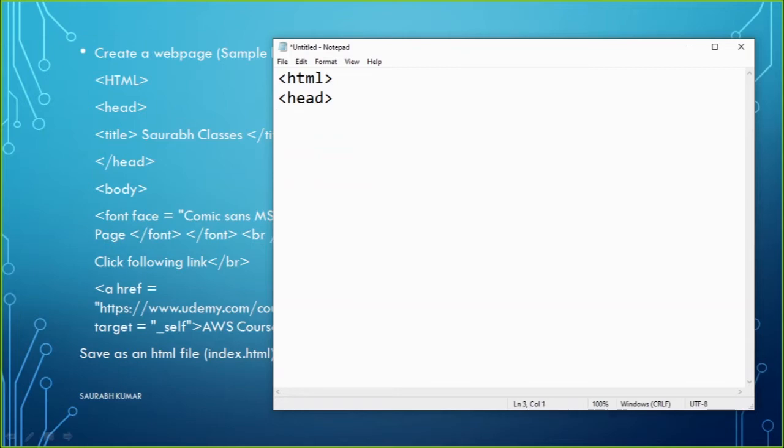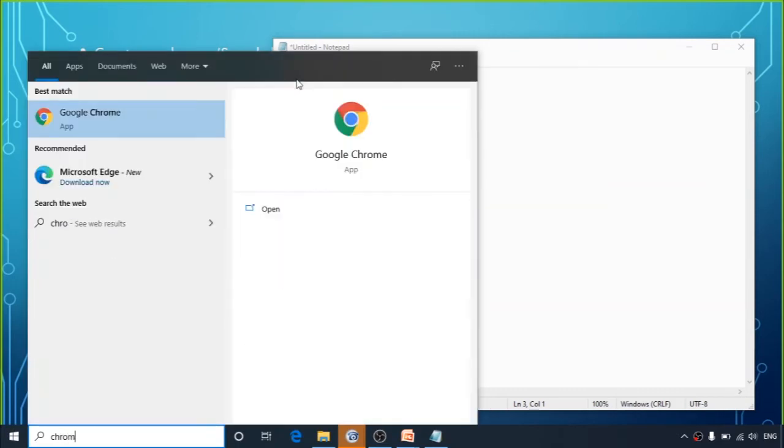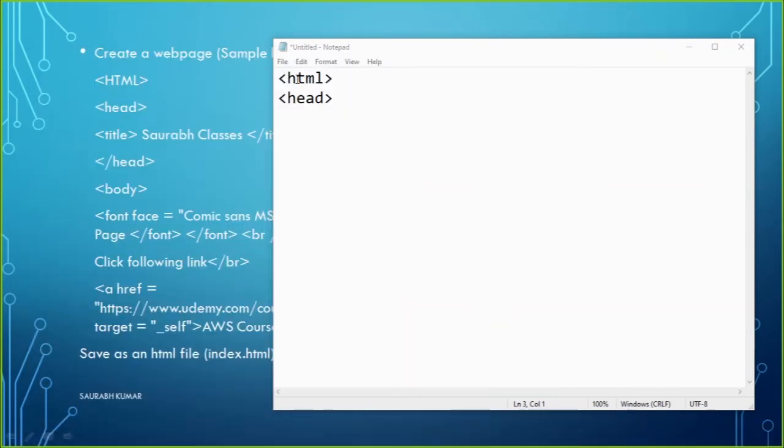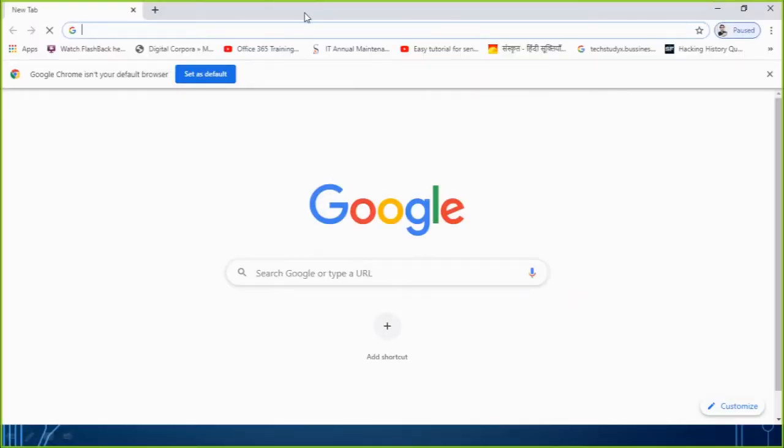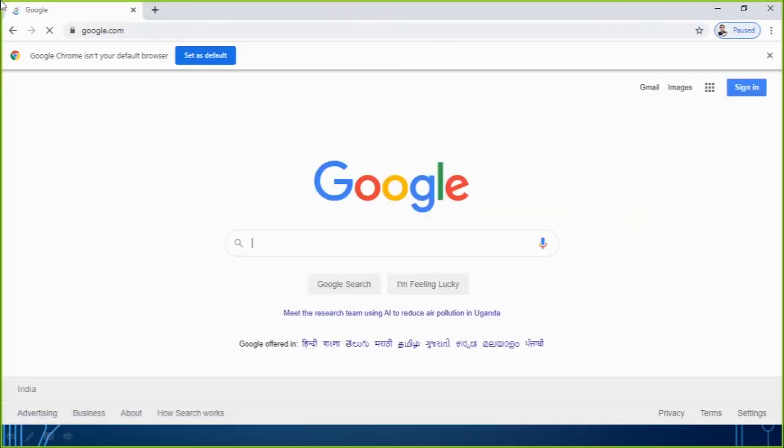When you open a website, for example, if I go to Chrome and access Google, the name which appears here is called the title. Similarly, if you go to Facebook or Gmail, the name that appears here is called the title of your website.